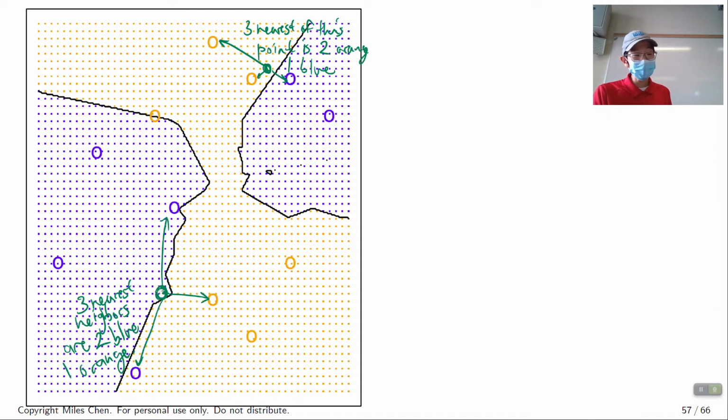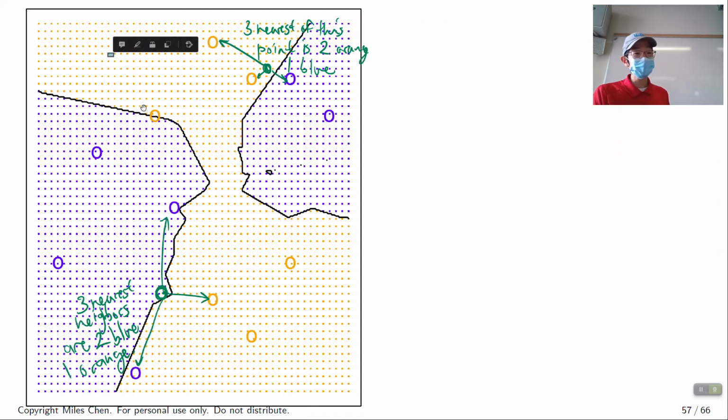Whereas if I move just a little bit down to here, say this point right here, now my 3 nearest neighbors are these 2 orange points and a blue one. We're now a little bit further away from here. So the 3 nearest neighbors are orange, orange, blue, and therefore this one's going to get classified as orange. So basically you just say, at a certain location, what are the 3 nearest neighbors?